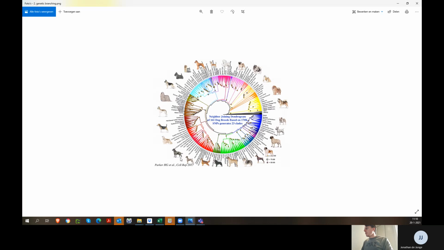So, for example, Labrador Retriever. You see again working dogs, but those are more of a working dog that is not only a hound type, but more of an all-rounder. So they're also separated, for example, from the foxhound and the beagle, etc. You see other working breeds. Those are more of